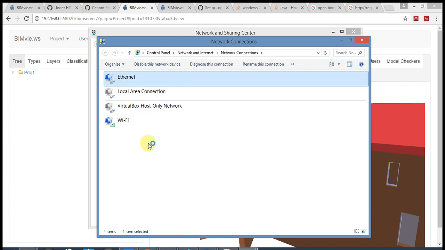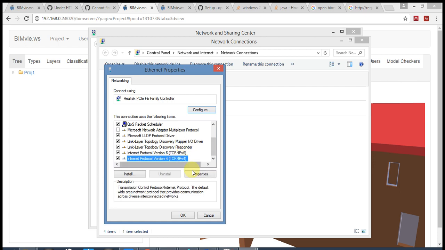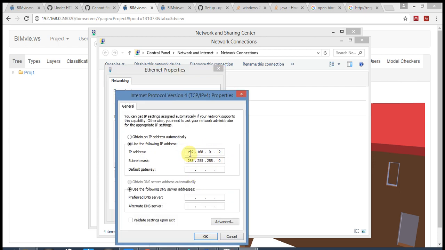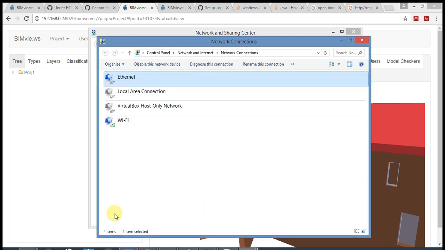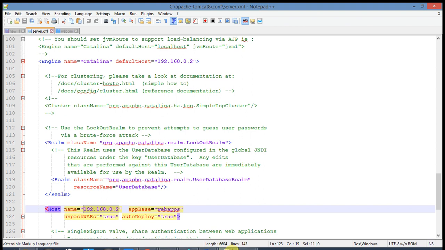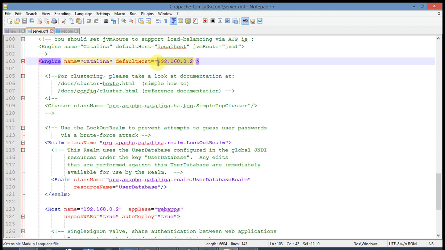we can really, if you understand the concept of IP address, just set it on the remote computer. You could put one here so that you could have the two computers on the same subnet, and so these numbers, the subnet mask, this is what defines whether two or more computers are on the same network. So on a remote computer, these things are very important, and the key to being able to access the page remotely is to make sure that in your server XML file, you have actually set the default host in the engine tag and the host tag to 192.168.0.2, and also the default page for the Bimserver should allow you to